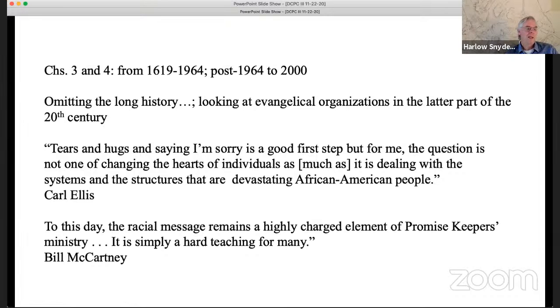So then they take it up to the civil rights period, and then in chapter 4, they talk about particularly evangelical responses to the civil rights movement. They talk about certain characters, Tony Evans, John Perkins. Have many of you heard of John Perkins? He was a